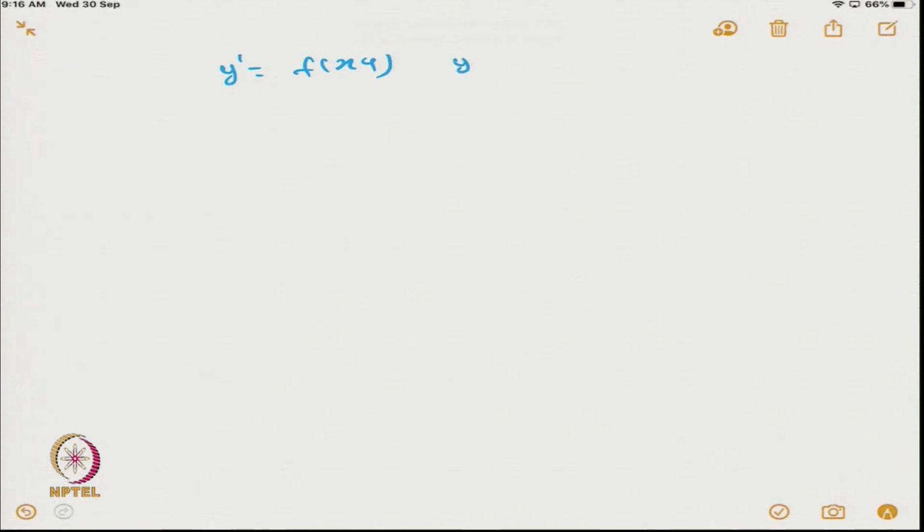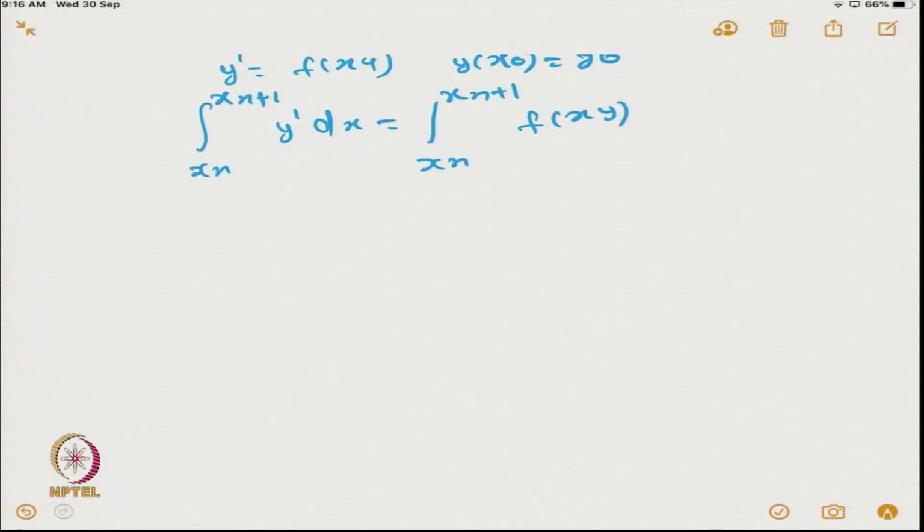Let me integrate both the sides from xn to xn plus 1. So, now the left hand side will become yn plus 1 minus yn, while in the right hand side